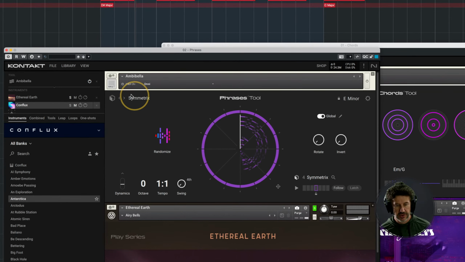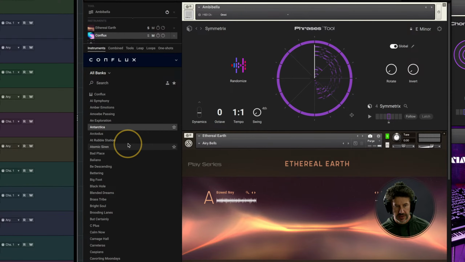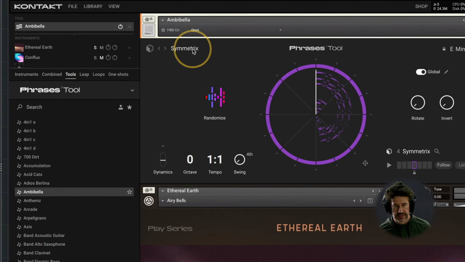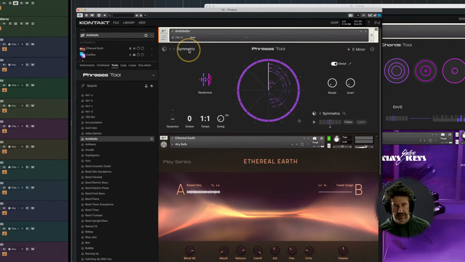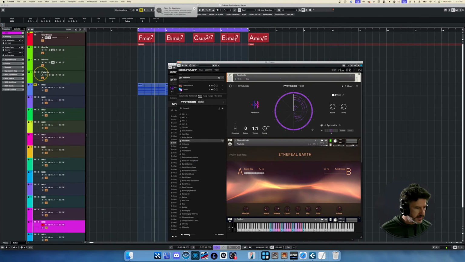If you change your phrase sets from this area here, from this tool, then the chord lock will be maintained. Whereas if you grab something from over here in the phrases sort of browser list, it won't maintain that. So I've gotten in the habit of always switching up my chord sets or phrase sets by using that right there. The last one I want to look at is